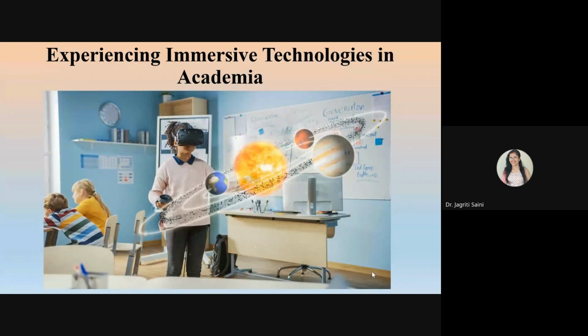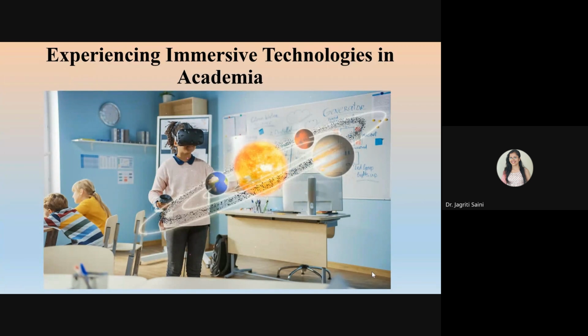In order to deal with planetary experiences, or some out-of-the-box experiences that students need to learn certain specific concepts, again they can utilize this immersive technology and interact with it. For example, you can see this girl is standing in her classroom only, but she is able to interact with the galaxy and the planets out there, and get information about each one of these planets by just touching it with her fingers, because she is interacting with that digital world.